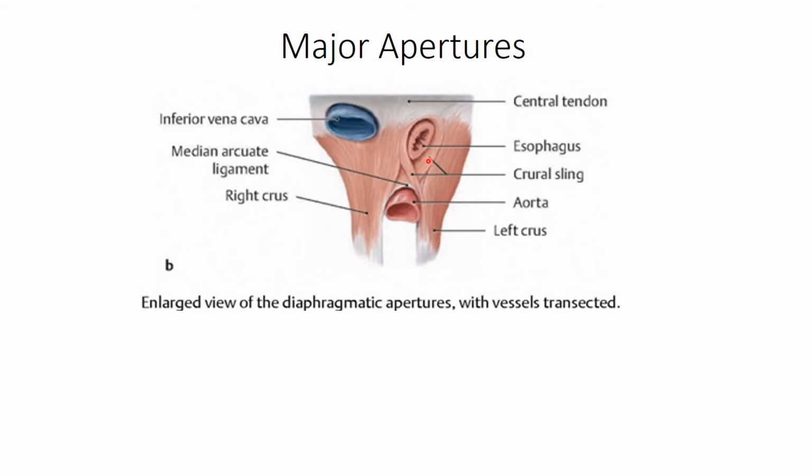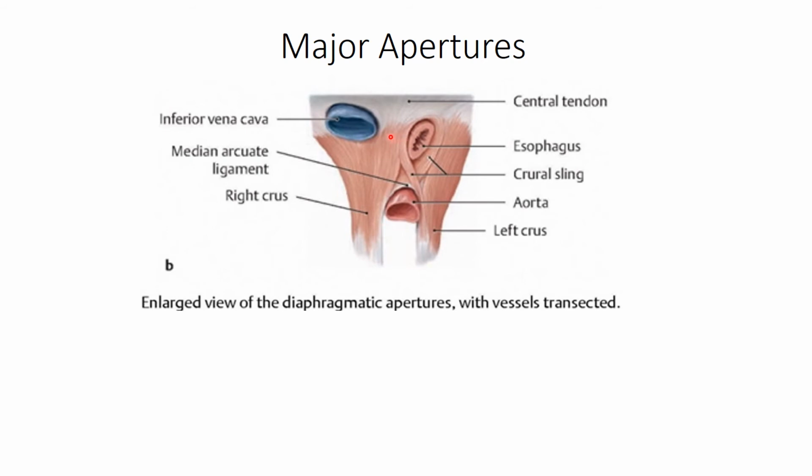The superficial fibers of this sling run craniocaudally, and the deep fibers run concentrically with the esophageal fibers, and thus this aperture is transformed into a chimney type portion,